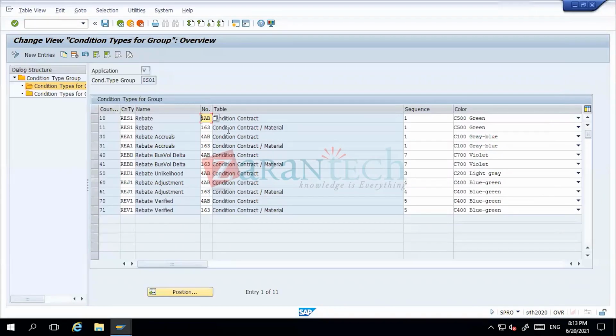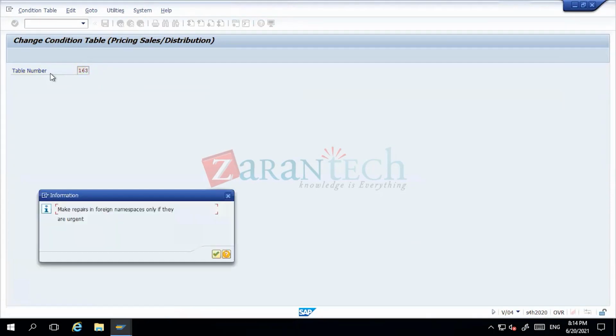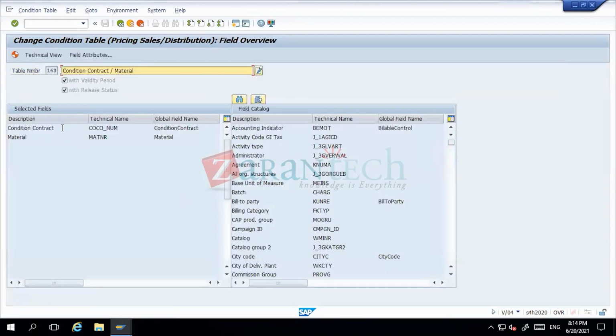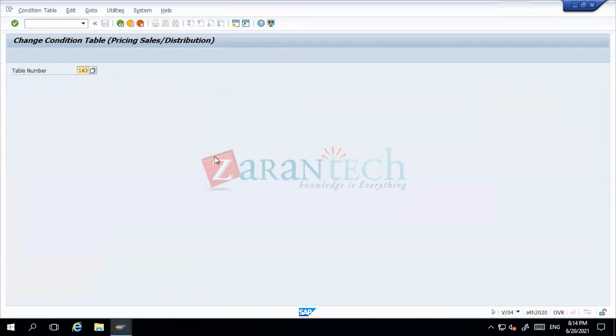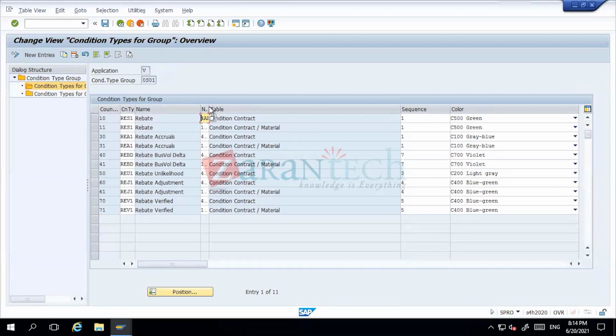RES1 for condition. So 163, sorry. This is for sales. So it's going to trigger based on your condition contract and your material. Because this table, what I said, 4AB is basically for your purchasing. So purchasing is going to be aligned to your